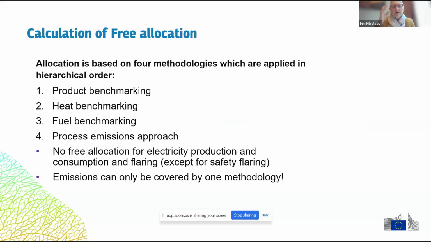So the installation is split into sub-installations, and we have product benchmarks, as I said, 52, and then 2 fallback: the heat benchmark and the fuel benchmark. And then we had to introduce something more, the process emissions. It's not a benchmark, it's just the process emissions. Why? Because the process emissions are emissions that are produced during a process based on chemical reactions, and they cannot be